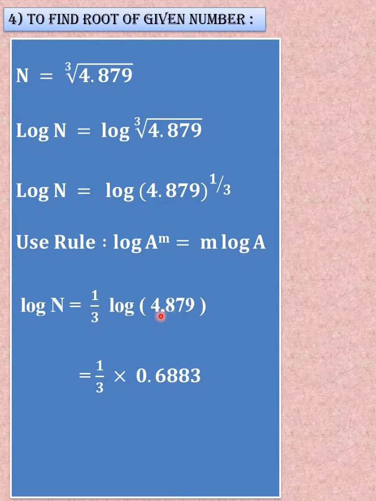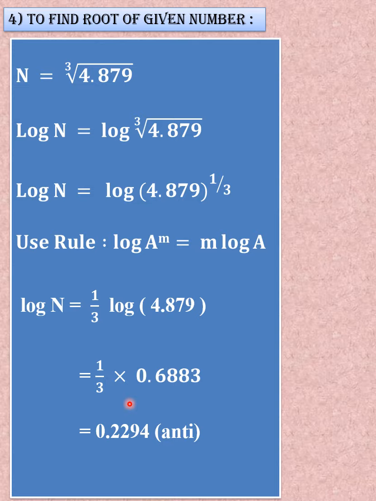Row of 48, column of 7, and column of 9 in the mean difference get added together, and finally you get the value 6883. Now divide by this 3 to the given number. Again remember, we have to perform the division here, but don't take the log again. You just multiply this power, meaning divide by this 3, by simple mathematical manipulation.